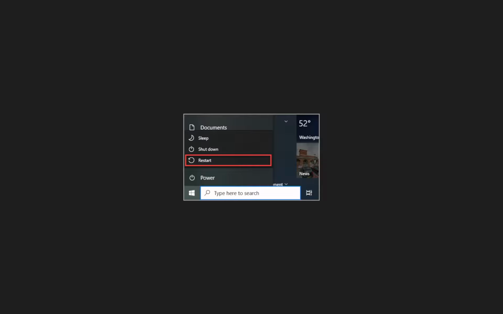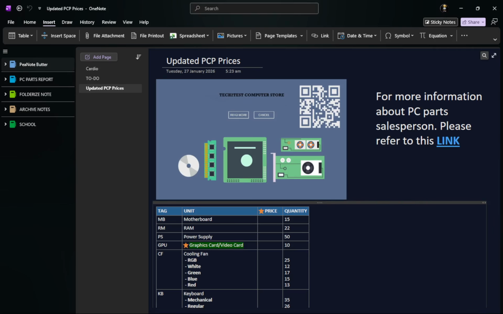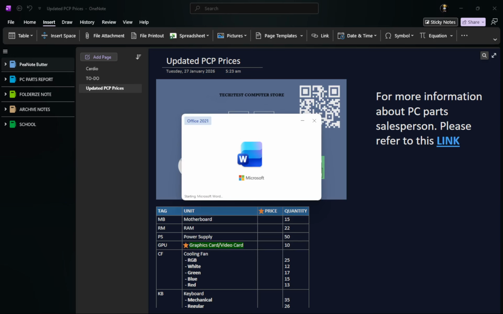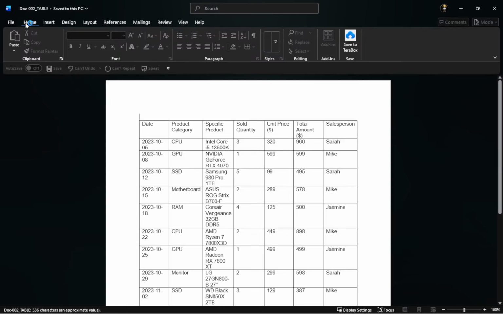Next up, test your printer with another application such as Notepad or Word. This is important because if other apps cannot print either, the problem is likely with the printer or its driver. If those applications print correctly, then OneNote might be the issue. But if the printer fails to respond in those apps, then you will need to focus on troubleshooting the printer itself. This way, you can narrow down where the real issue lies.